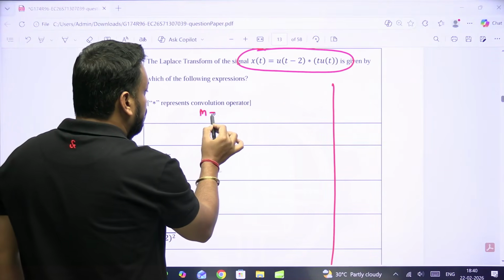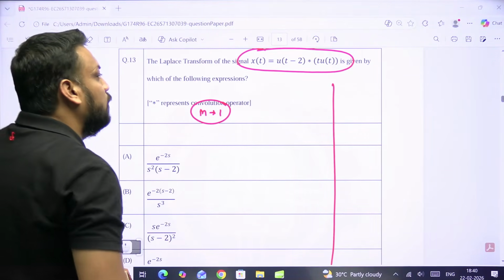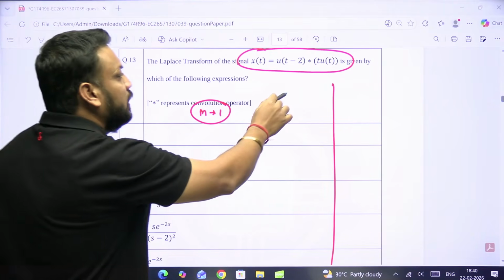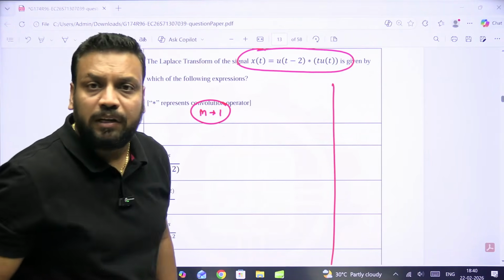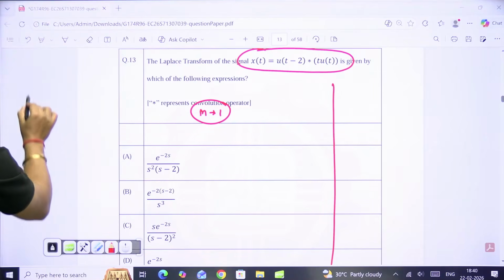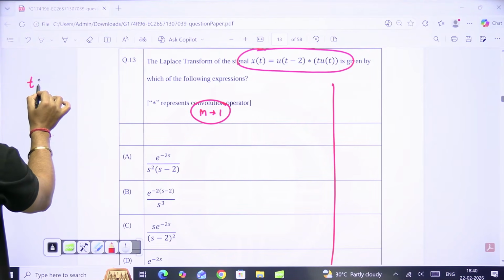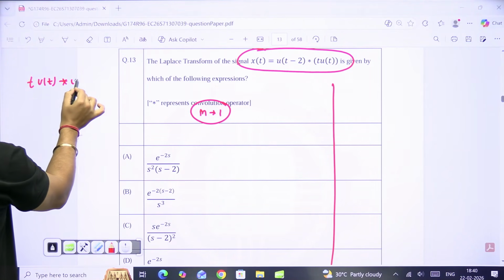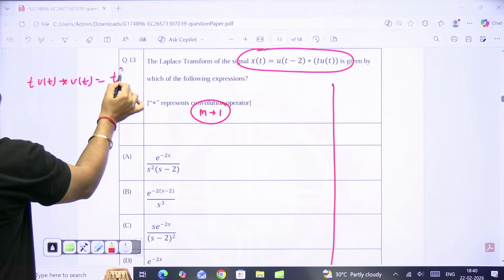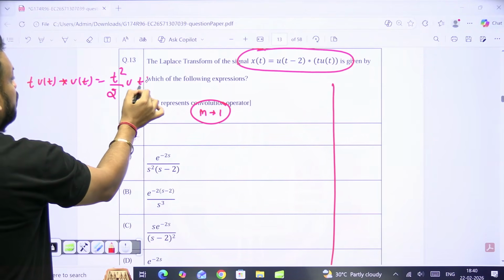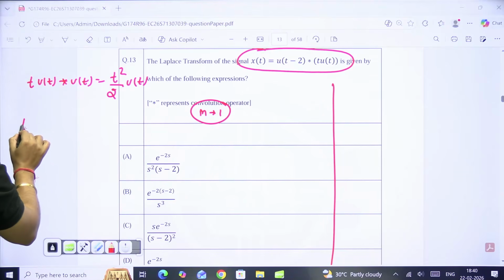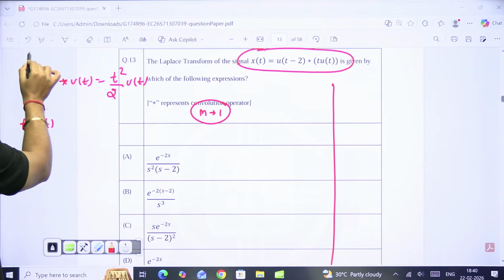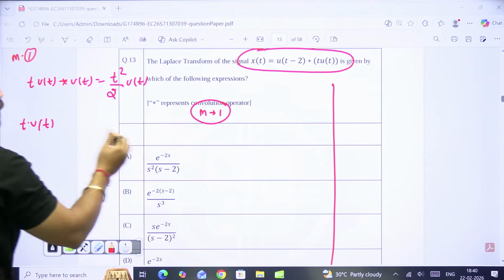तो अगर मैं इस question को method number 1 में करूं, method number 1 क्या बोलता है बच्चों कि हमको पता है कि ये t जो है ramp function है, ramp function जब भी step से convolve होगा तो parabolic nature बनाता है। मतलब t u(t) convolution with u(t) will always equal parabolic nature, t squared by 2 u(t)। और अगर साथ में shifting आ जाए तो वो shifting factor भी वहाँ reflect होता है।